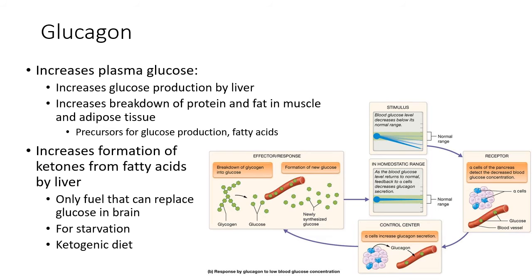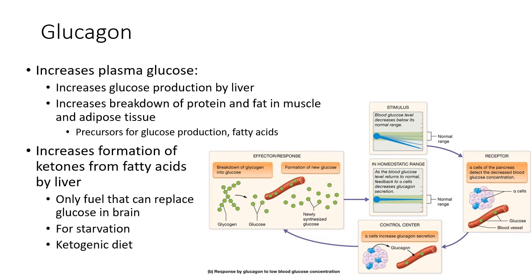Another thing that glucagon does is increase the formation of ketones from those fatty acids. So when you break down a fat, you get glycerol and fatty acids. The glycerol will be converted to glucose by the liver. The fatty acids can be used to make ATP, or they could be converted into ketones by the liver. And then those ketones can be used by most of the cells in your body as a replacement for glucose